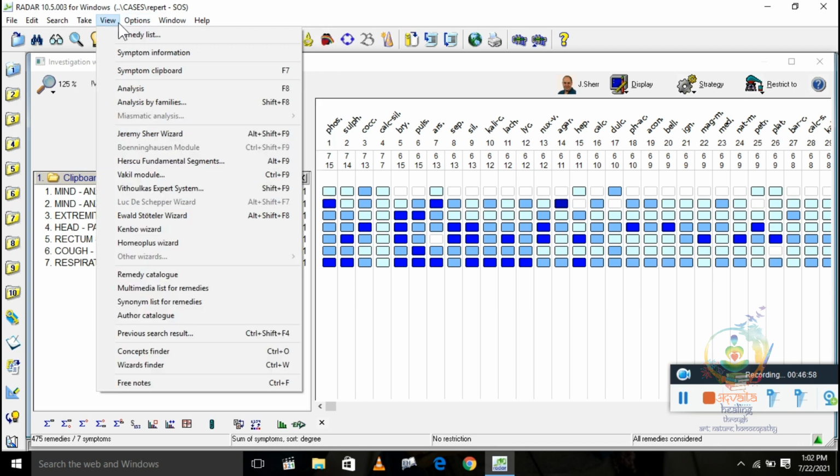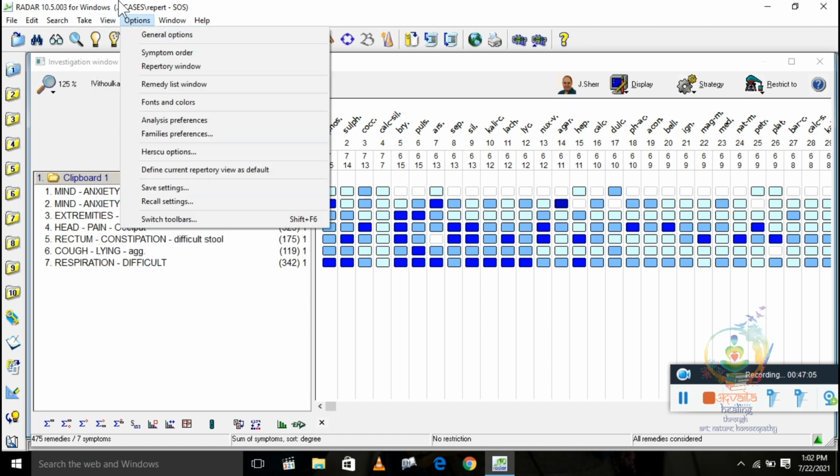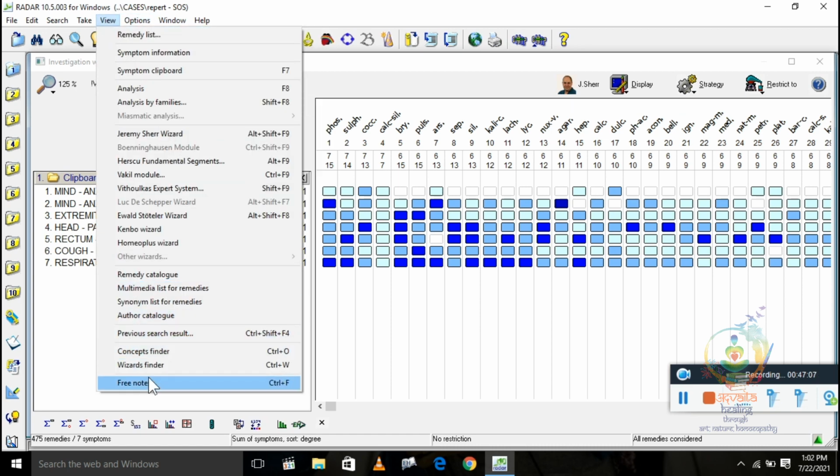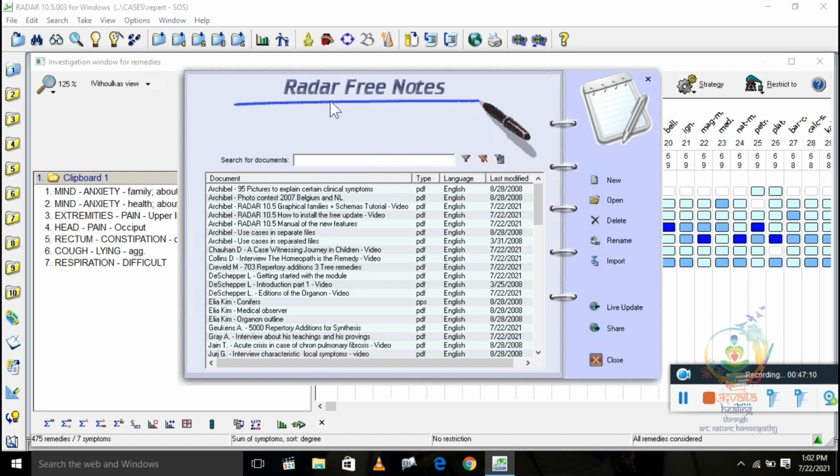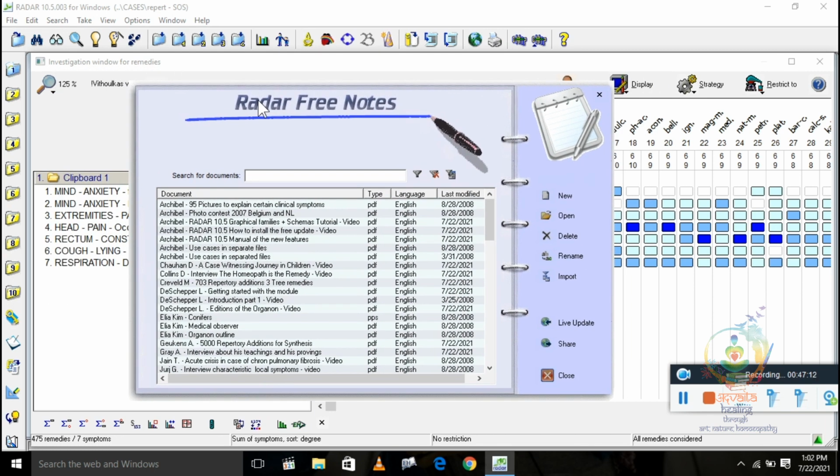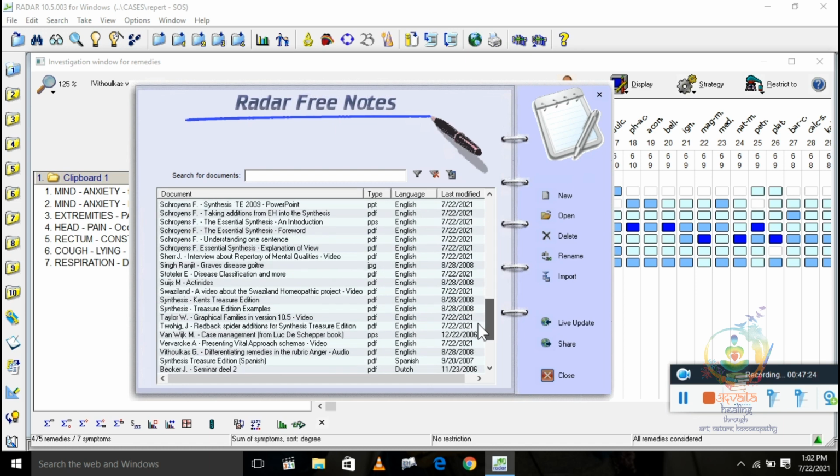Now let's see free notes. In the View menu you will find free notes. If you are just sitting in clinic and want to read something or see a video, you can just go into View and Free Notes. Here Radar has given many free notes.